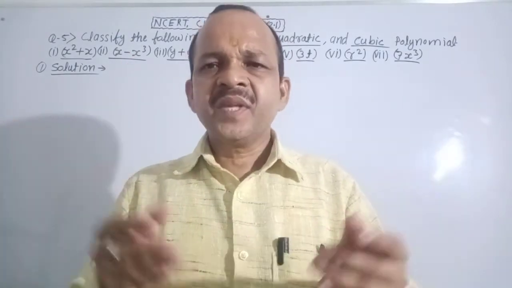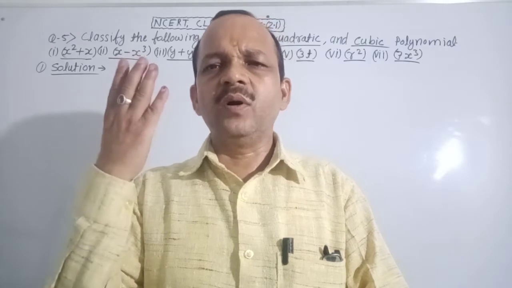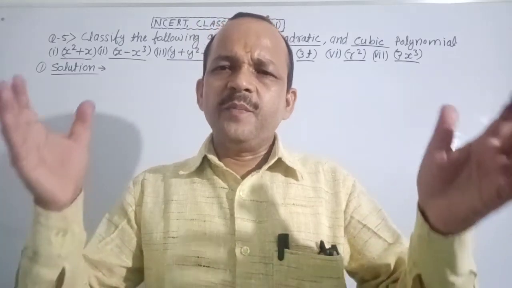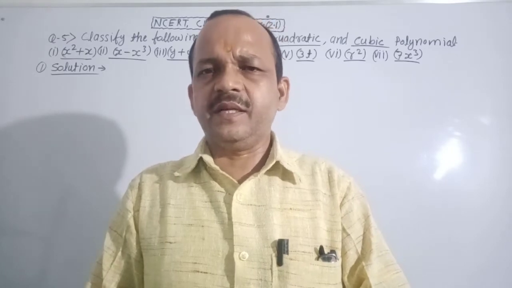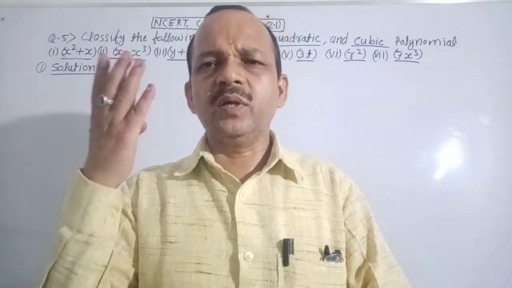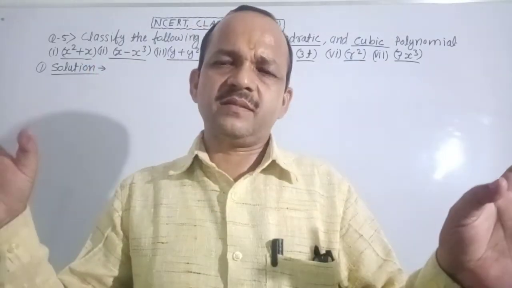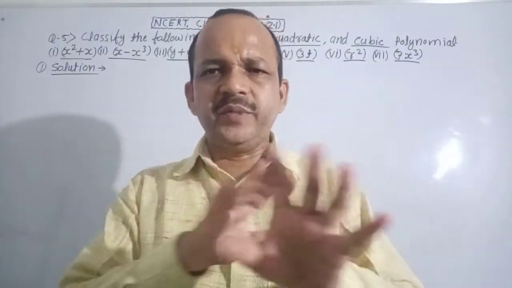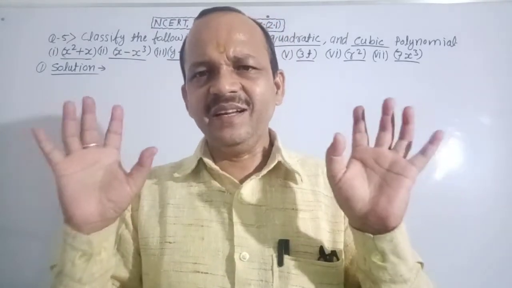Is it clear? Next, biquadratic polynomial. A polynomial having degree 4 or more than 4 is called a biquadratic polynomial. The form of a biquadratic polynomial is ax power 4 plus bx cube plus cx square plus dx plus e equal to 0. It has 4 or more than 4 zeros, meaning 4 or more than 4 answers. Are degree based polynomial and term based polynomial clear? No confusion about it. Very good. It is very easy.